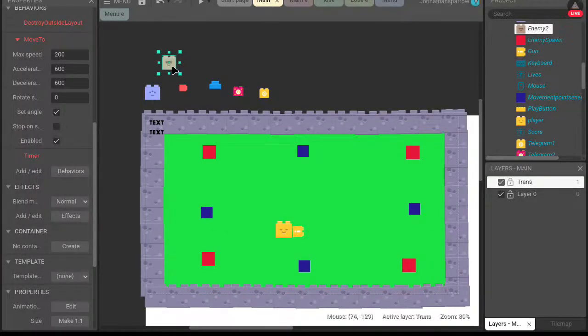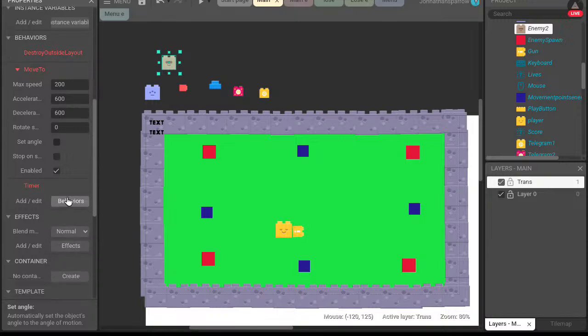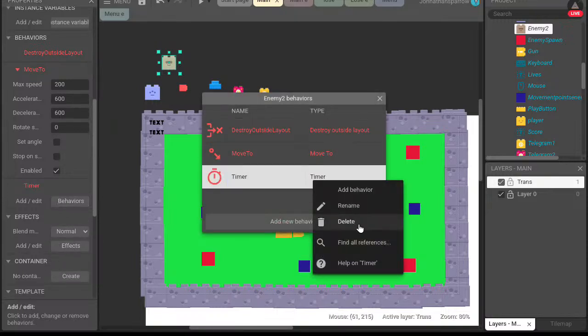Why is this thing not moving? Unless, I shouldn't have used the timer on that.